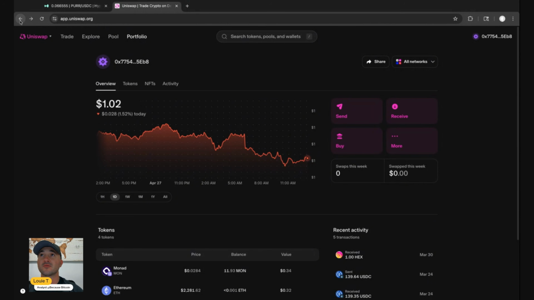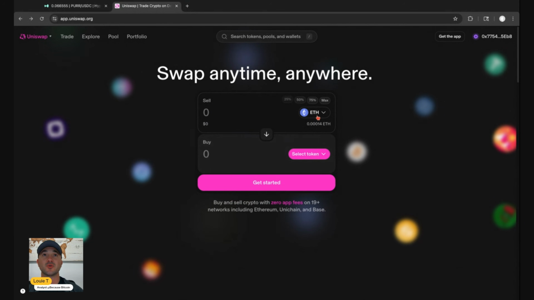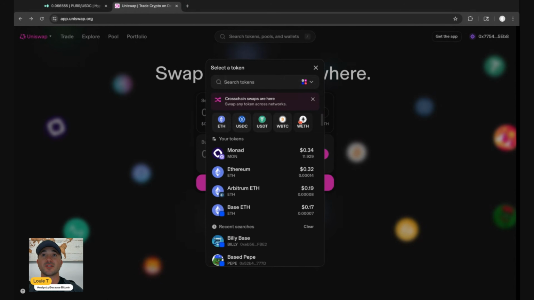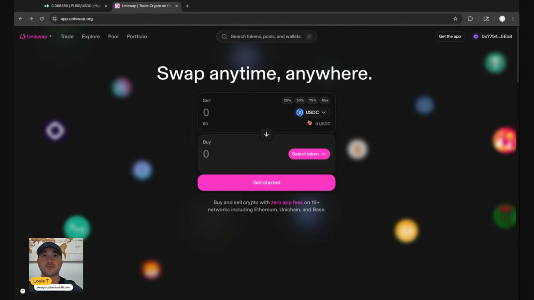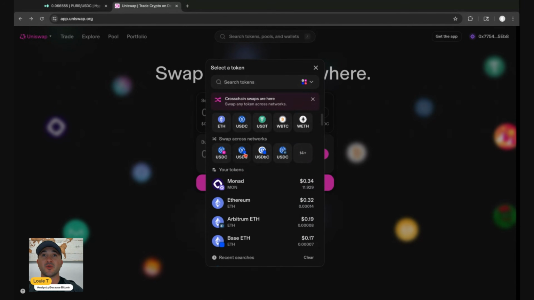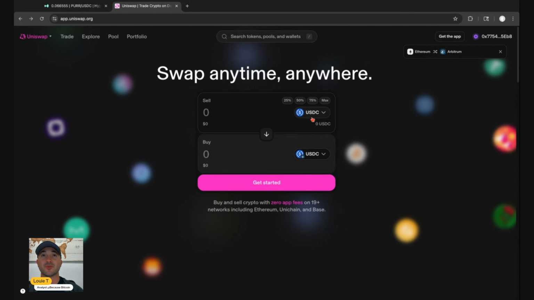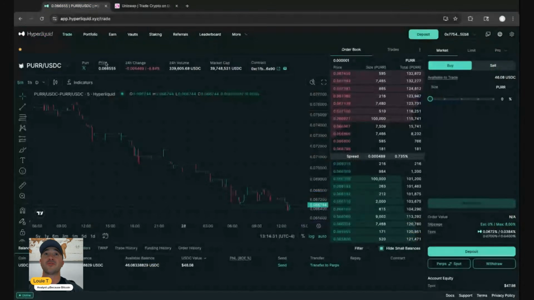When the USDC makes it to your wallet, all you would need to do is select USDC, and then you would select another USDC. Obviously, see Arbitrum pops up, and you would just swap your USDC on Ethereum layer 1 to USDC on Arbitrum, complete the swap, give it about 3-4 minutes, and then your USDC will now show up in your Arbitrum wallet. To confirm this,